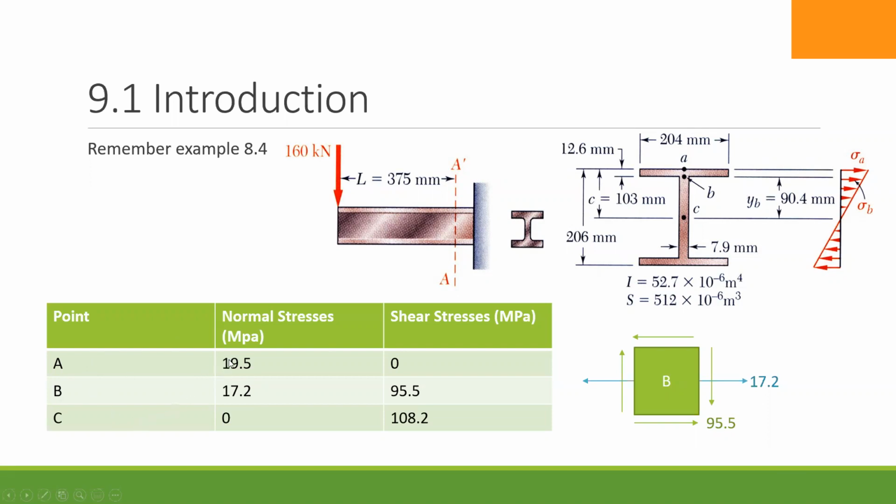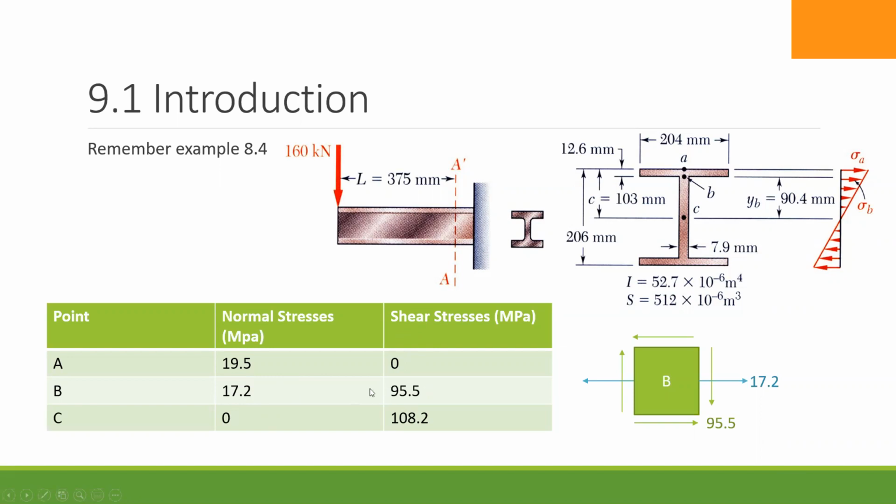You can see at point A we have the maximum normal stress, but on the contrary, the shear stress at point A is equal to 0. At point C, we get a normal stress value of 0, while the shear stress at point C is the maximum. At point B, the normal stress is not maximum and the shear stress is not minimum, but both values